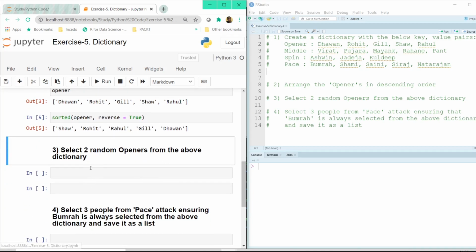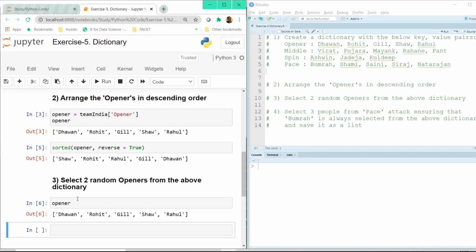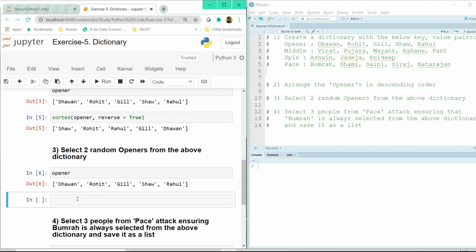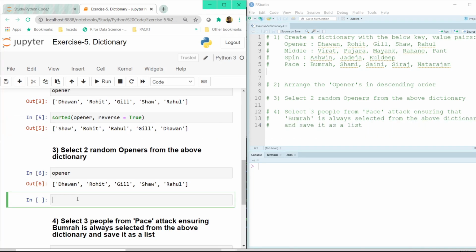All right, coming to the next question. Select two random openers from the above dictionary. So once again, let me just display the openers here. We have created the variable as opener. Now we have to select two random openers from the above dictionary. We learned in our previous tutorial on random that we can use a command called choice. Before we use the choice command, we have to import the NumPy library.